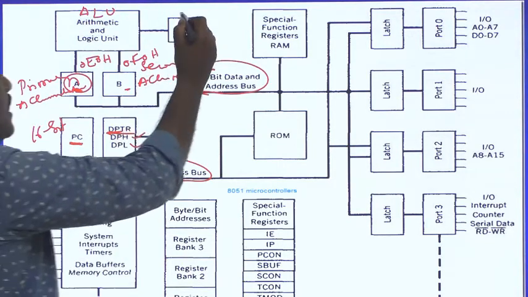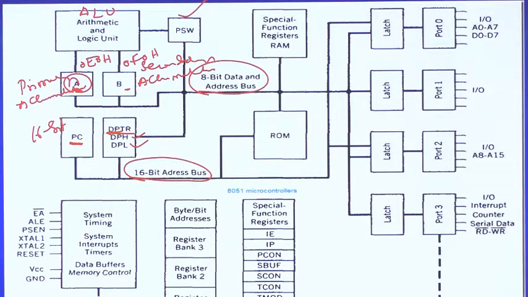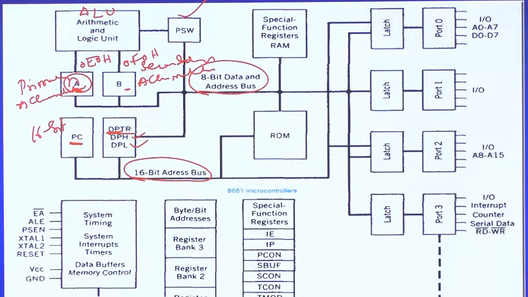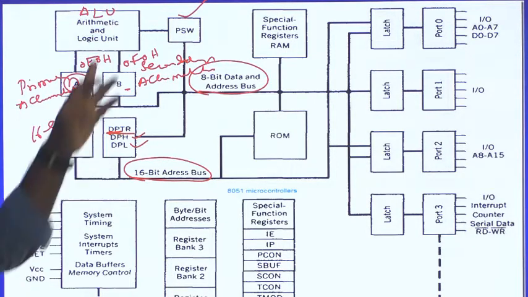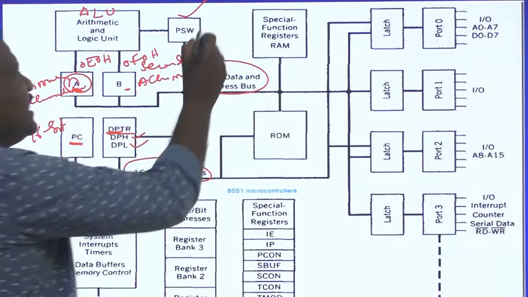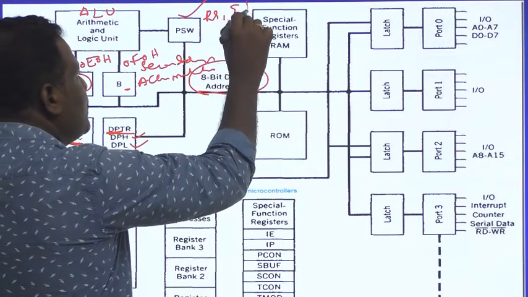And next, coming to the program status word, PSW. Program status word PSW. This is a register which can hold all our mathematical flags, all our conditional flags, or all our status flags. In the features, we clearly know that your 8051 supports 4 mathematical flags and 3 user-defined flags. Out of 3 user-defined flags, 1 user-defined flag is present in this PSW. Along with this, 5 bits and 2 more bits are active bits. One is RS1 and second one is RS0.